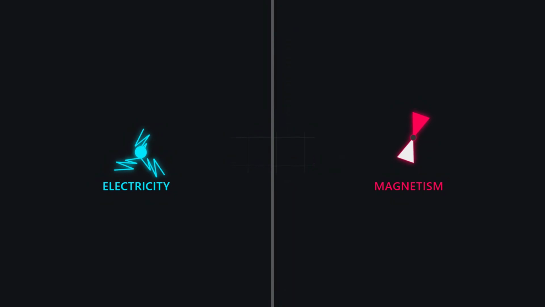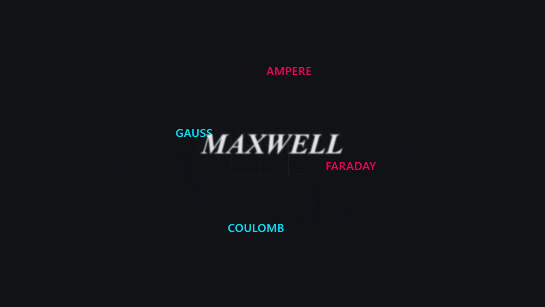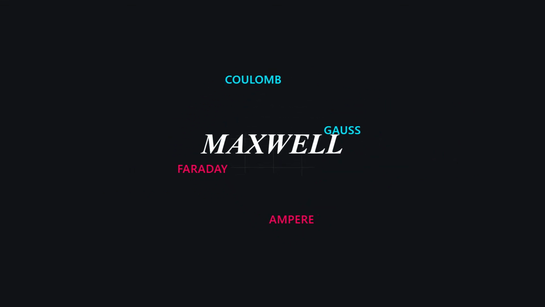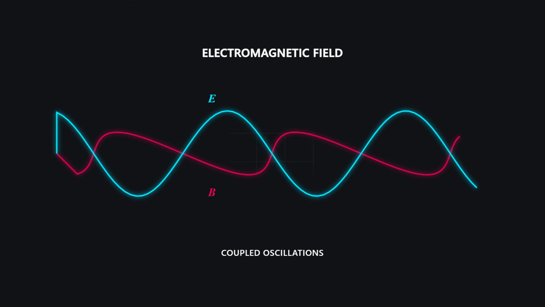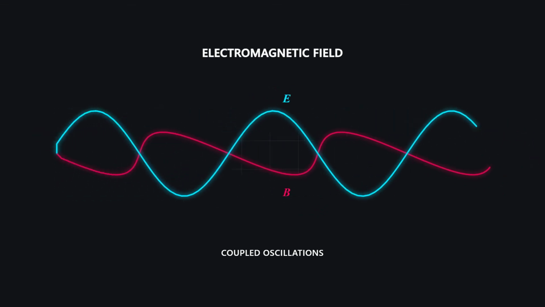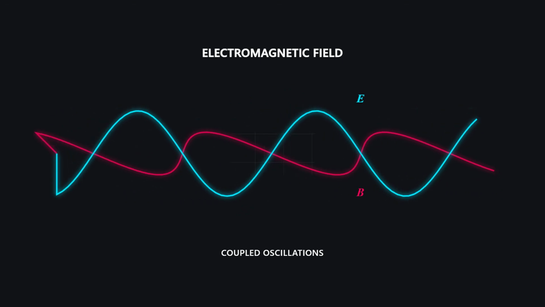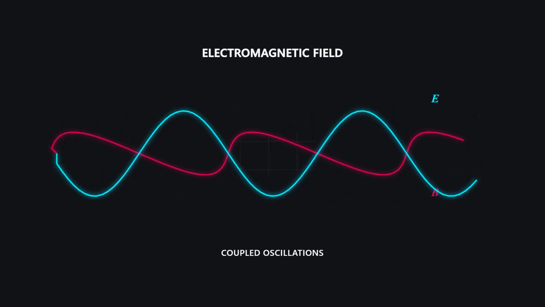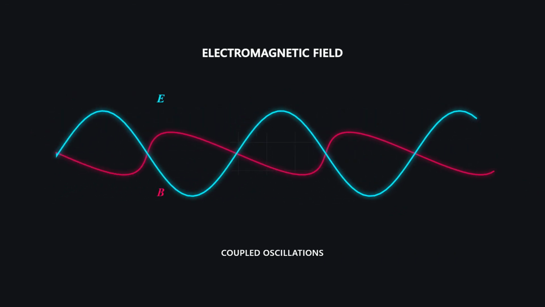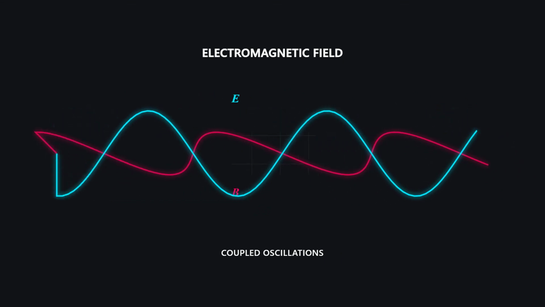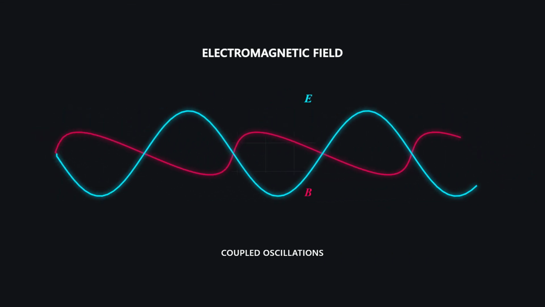Before 1865, electrical phenomena and magnetic phenomena were treated as distinct physical forces. James Clerk Maxwell fundamentally changed physics by synthesizing the work of Coulomb, Gauss, Ampere, and Faraday into four coupled partial differential equations. These equations describe how electric fields, E, and magnetic fields, B, are intrinsically linked components of a single electromagnetic field. They precisely define how charges and currents generate fields and, critically, how changes in one field generate the